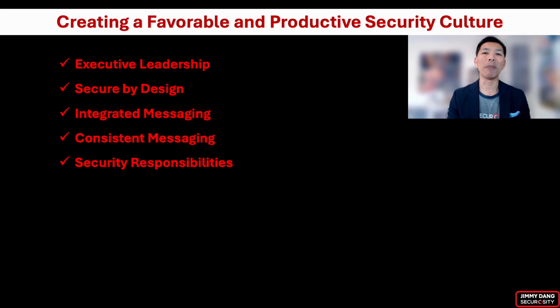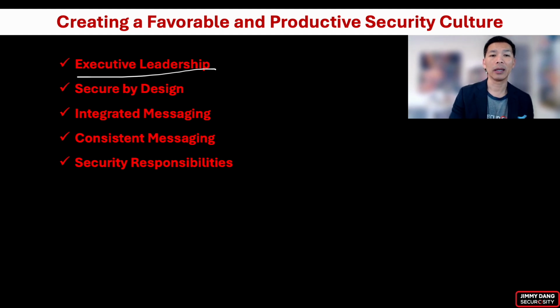So how do we go about creating a favorable and productive security culture? First things first, it starts with executive leadership. Leaders lead by example, by adhering to all policies, procedures, and standards. Next, secure by design. Embedding secure by design principles into key business processes to make security a routine part of